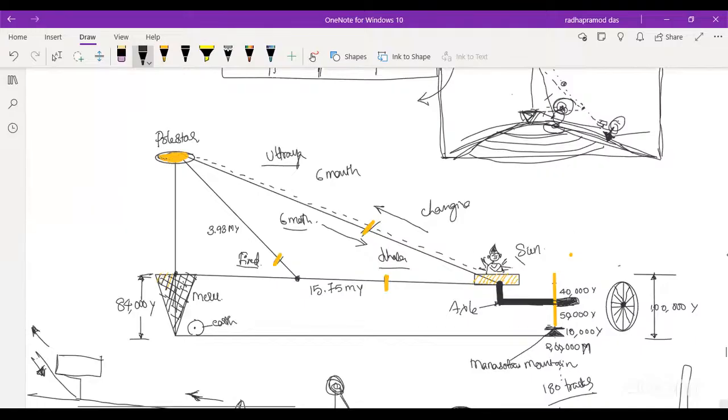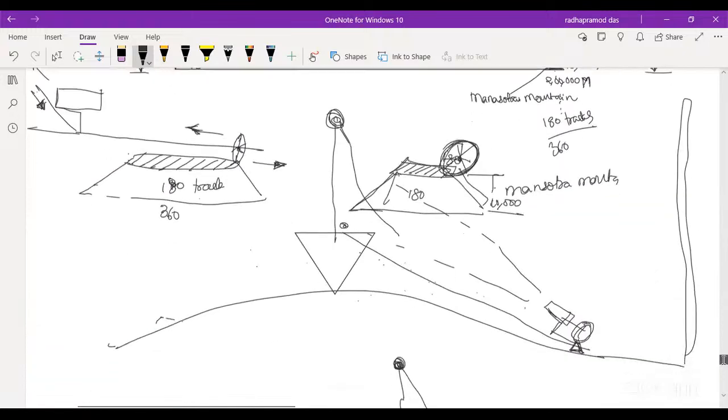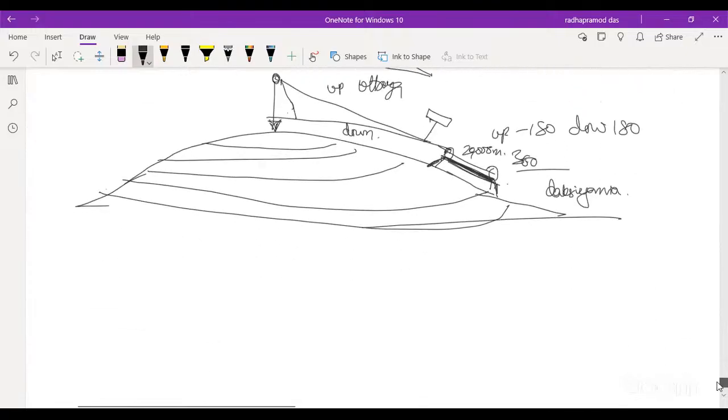There will be sun on the North Pole for 6 months, and 6 months of sun on the South Pole. No night at all, only light, for the North Pole and South Pole. Why? Because see, our earth is like this, and